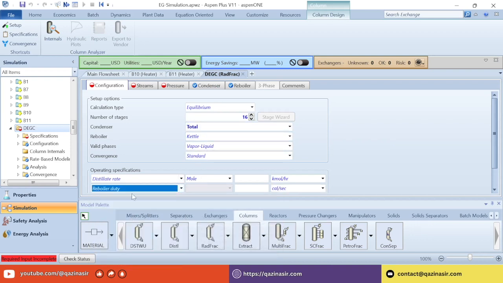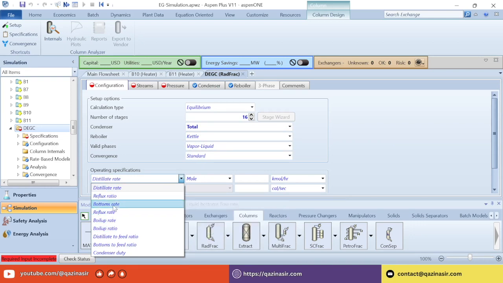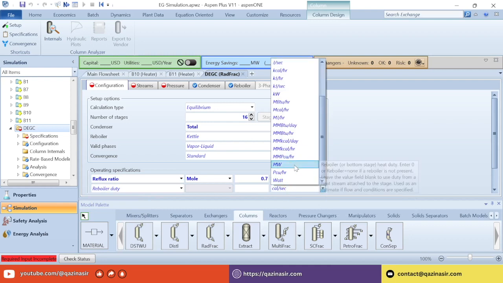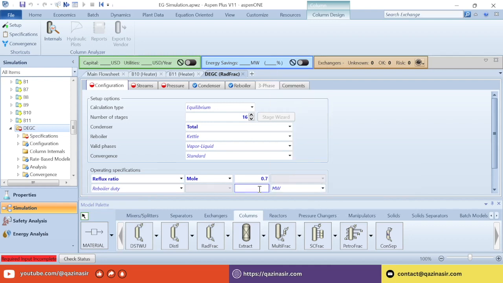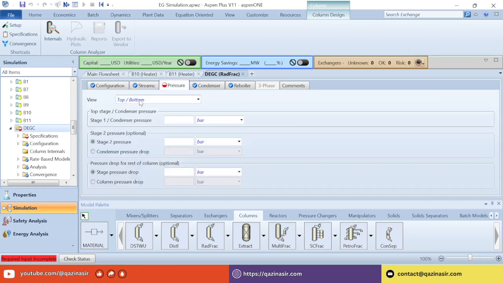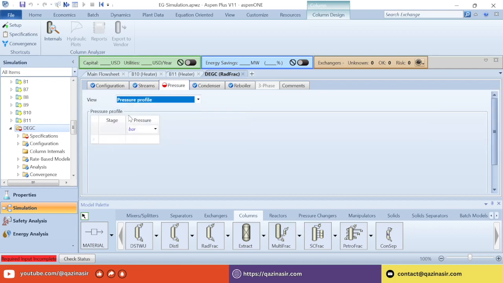Again, it is the reboiler duty and the reflux ratio 0.7, and for the reboiler, this one is in megawatt, 202. The stream is entering at a stage of 9, and the pressure profile we have is at stage number 1 we have